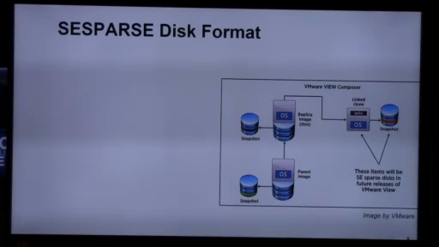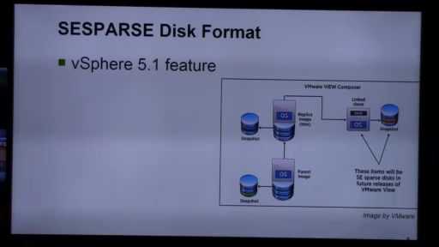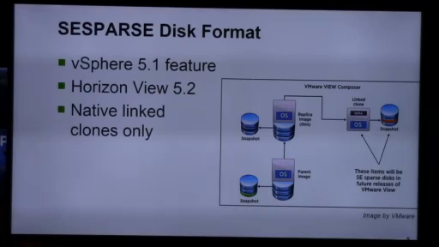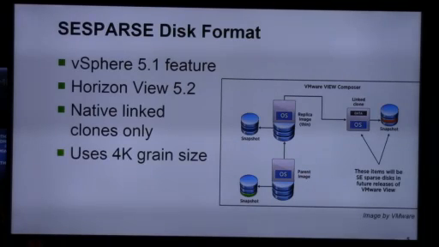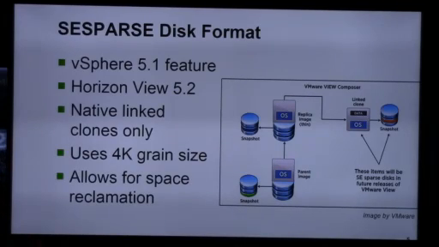VMware has come up with an SESPARSE disk format, which is based on vSphere 5.1 using Horizon 5.2, and it works for native link clones only. So this disk format will support the creation of virtual machines using hypervisor snapshots that are based on a 4K grain. And so what ends up happening is this allows us to do a bunch of things: reduced I/O from the desktop itself, as well as space reclamation within the virtual machine